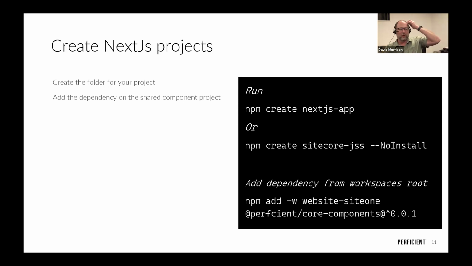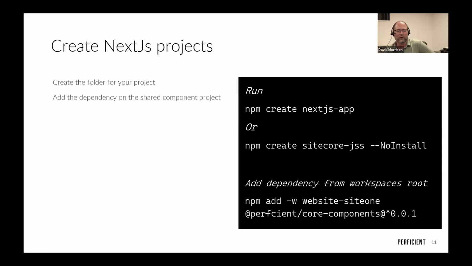Okay, so once you've created a couple core packages, you'll start to create your Next.js web servers. How you create them is no big deal. You can either use the npm command to create just a basic vanilla Next.js app, or you can create a new web server with the Sitecore JSS. I'm not going to go into the details of the actual web servers, because that's been covered quite a bit. But the idea is that you'll just scaffold the number of web servers that you want.